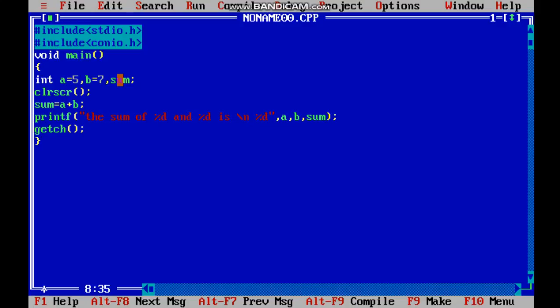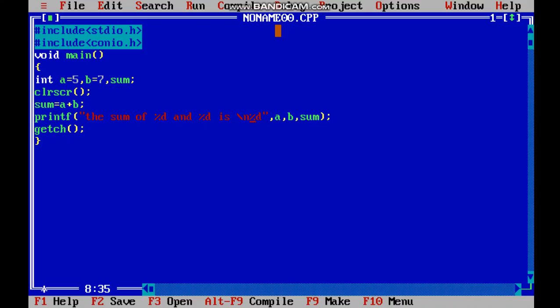See guys, the sum of 5 and 7 is 12 and one space is there. Just check it nicely. It is because after this n I have given a space. Again alt F9, enter, control F9.